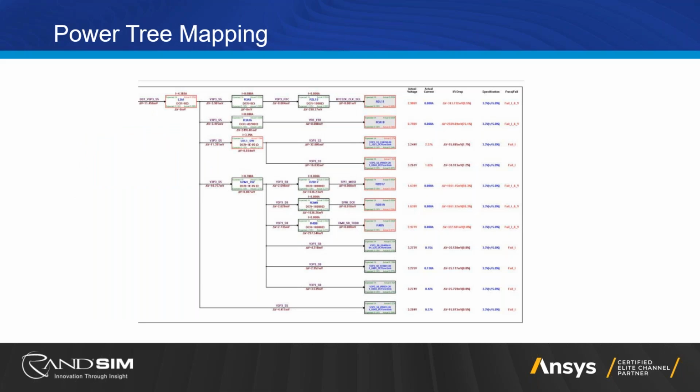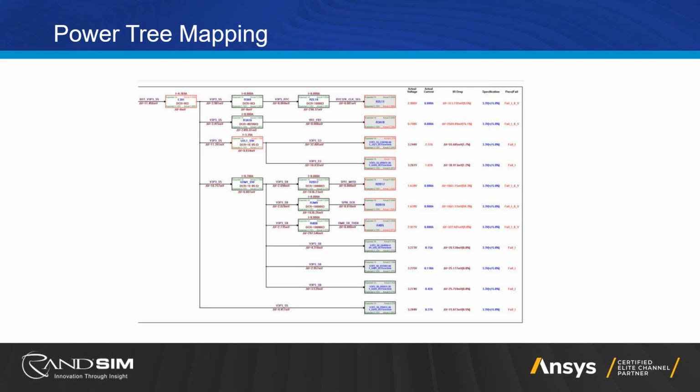And the other thing that we can see within the simulation, which I think is extremely beneficial, is the power tree mapping. I know this is a really large image here, but what this is depicting is the voltage and current and the voltage drop from component to component. So we can see here, in a case of a pass-fail, if the ICs, for example, are getting the proper voltage and current that they need, depending on specifications the user sets. So this, again, is a very nice